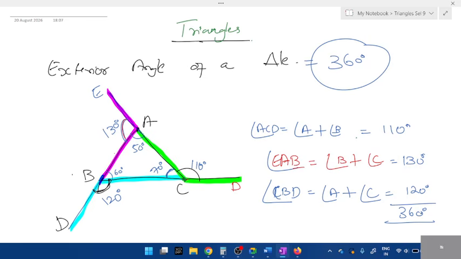Tomorrow we'll start congruency. So basically for all this we used only one triangle, right? For the entire concept, we used only one triangle. When two triangles are involved, that is known as congruency. So when you study two triangles together, that is what you call congruency. Okay, I'll explain in detail. We'll do that tomorrow. Make a note of this. Exterior angle of a triangle.